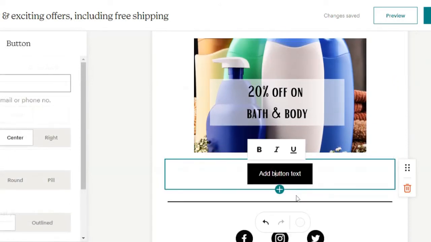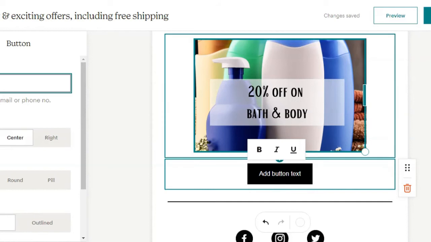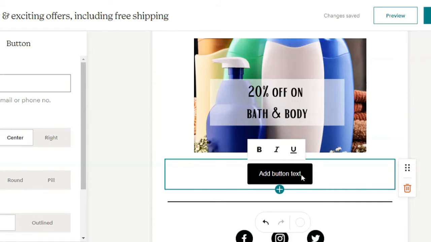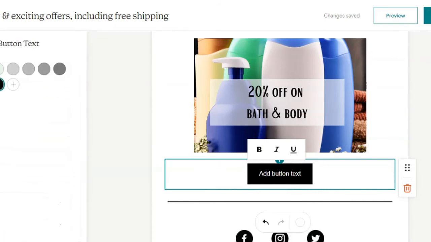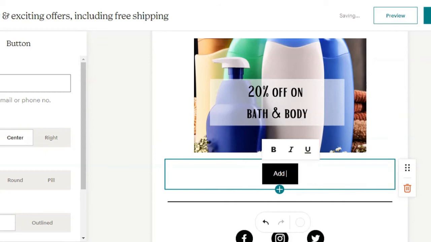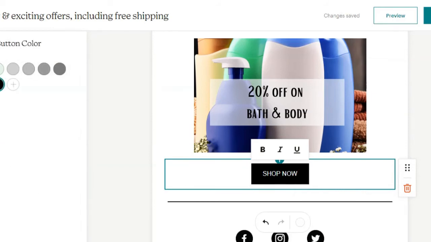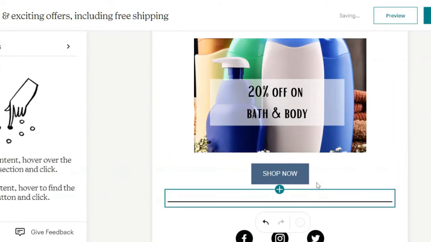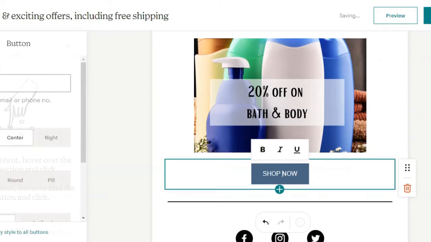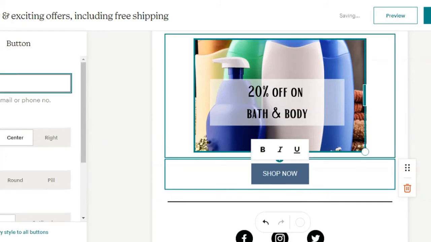On this button, you can edit the text. I'm going to edit this and maybe say shop now. I may also want to change the color of the button to something that matches my product box up here. Okay, that's done. And here now I can also add the URL to my site, whatever it may be,